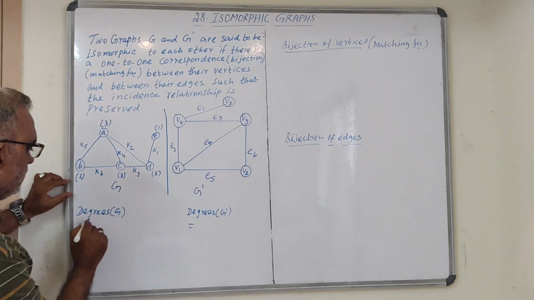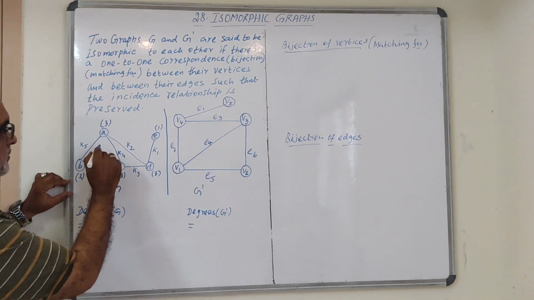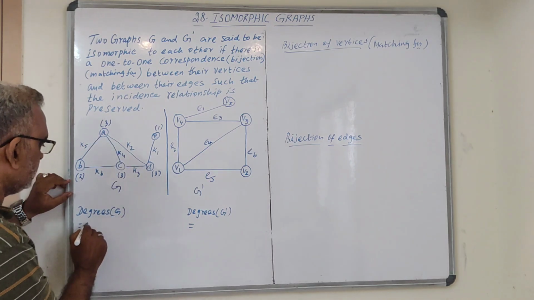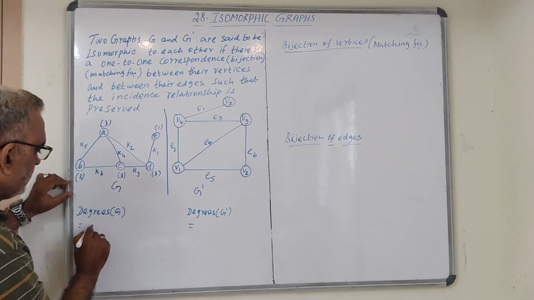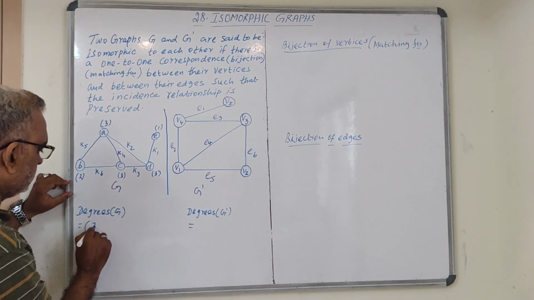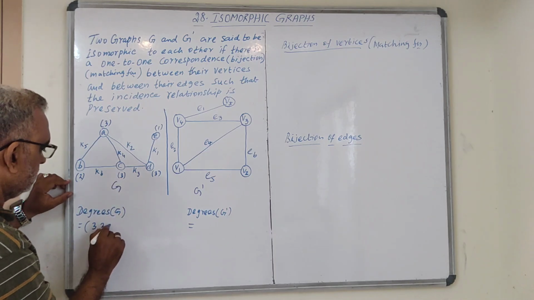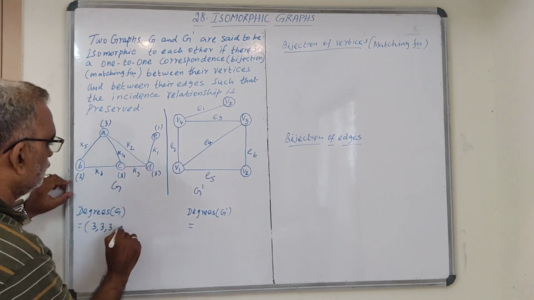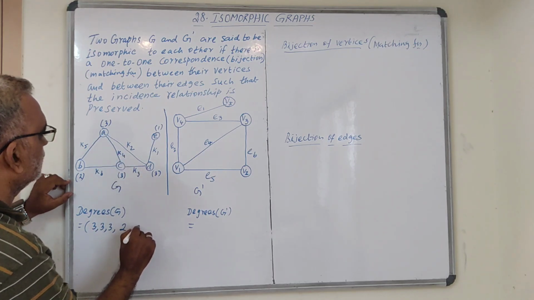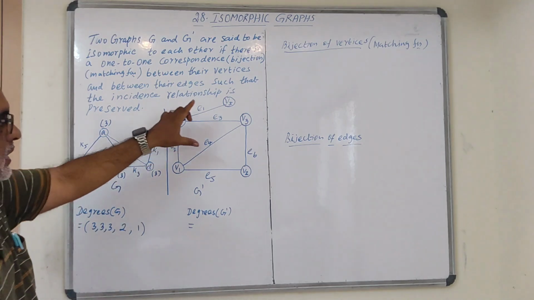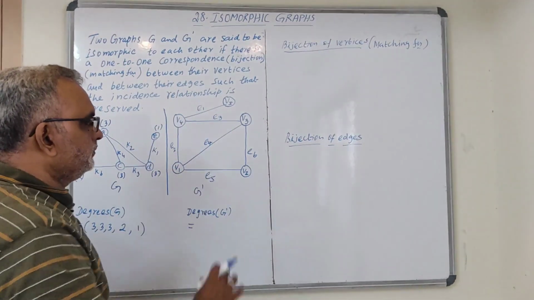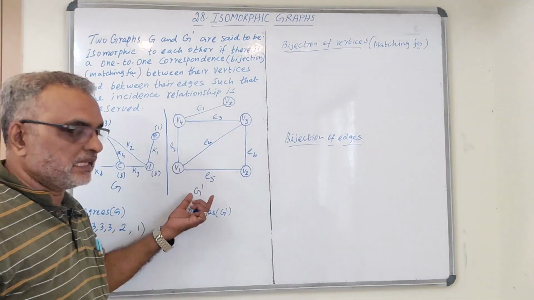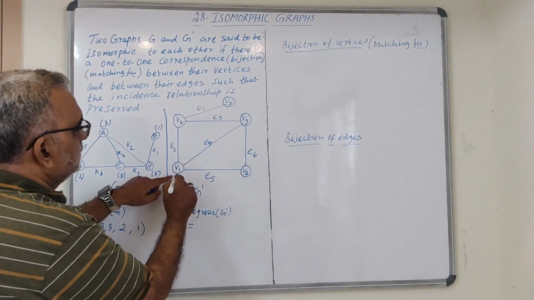So the degrees of the vertices of the graph G, if you write them in descending order, are 3, 3, 3, then 2, then 1. Similarly, if you find out the degree of each vertex of the graph G dash,